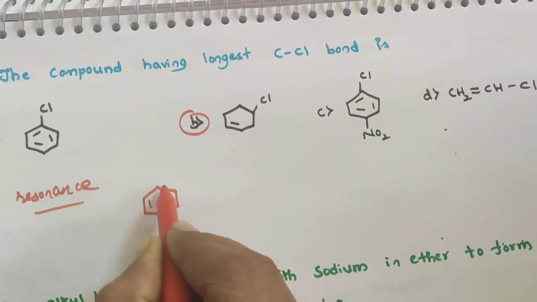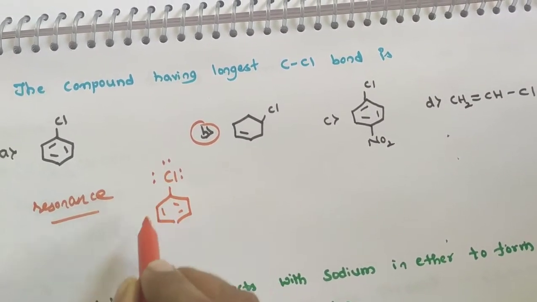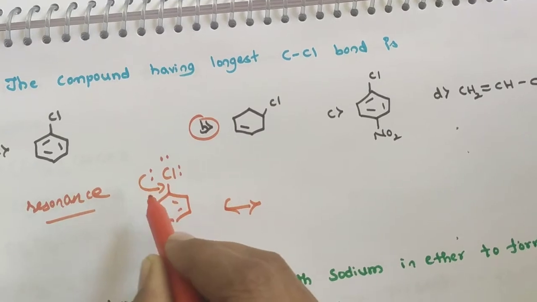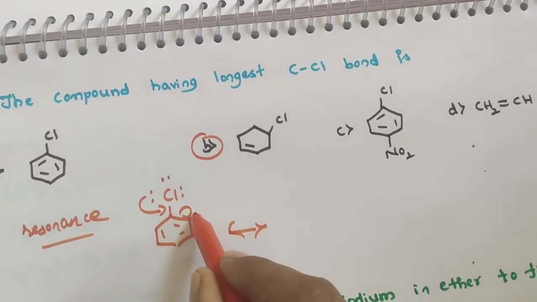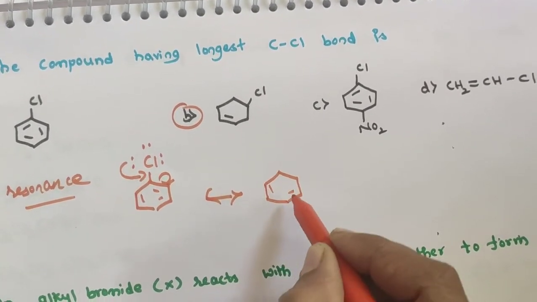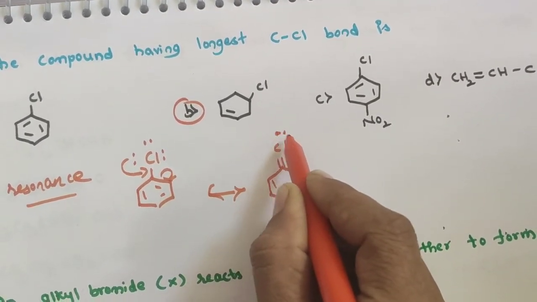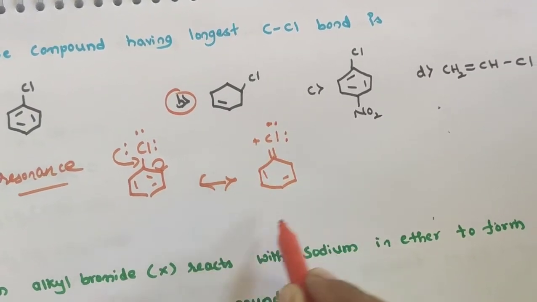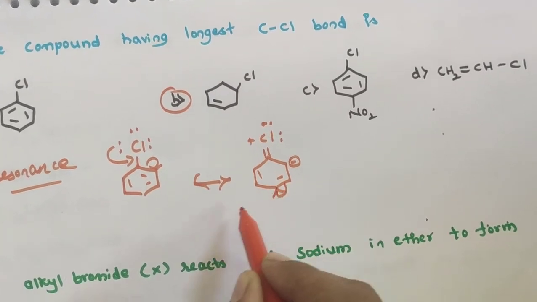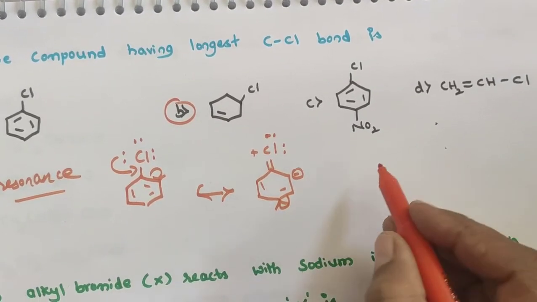So for that reason, here what we have to understand is that resonance must take place. See here how the bonds are going to be shifted in this nature. Whenever resonance is applied to the compound, small changes could appear. See here there is a formation of an electronegative group, and again it will form. So like this it will appear.